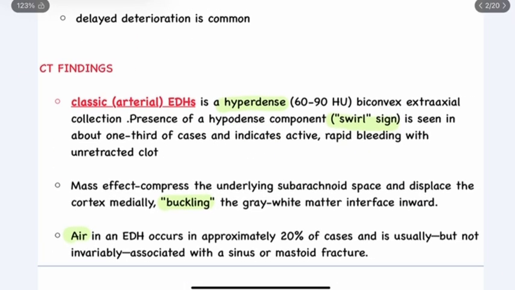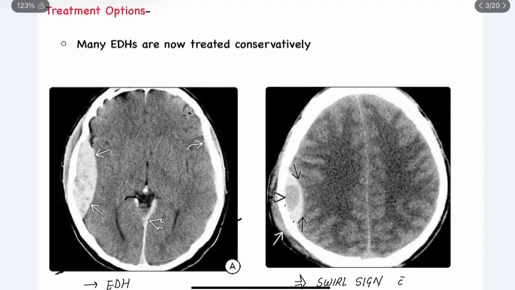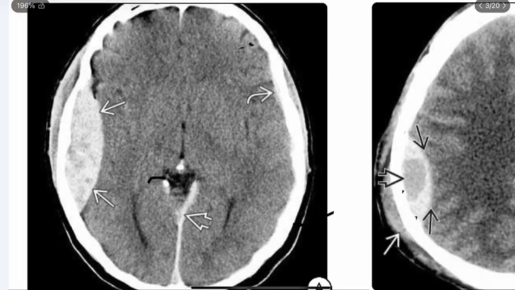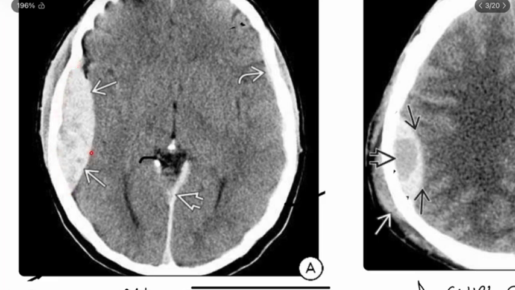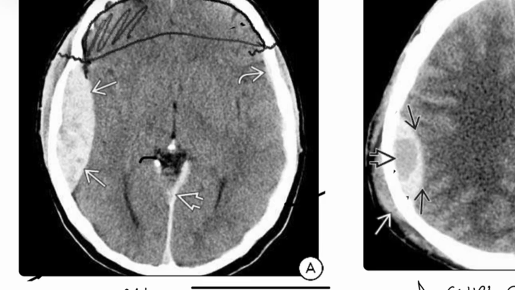Now, for the classic arterial EDH, the CT finding we see is a biconvex hyperdense collection which is limited by sutures. But this collection can also cross the midline. For example, say if there is a frontal EDH, we can see that it is limited by sutures, but it can